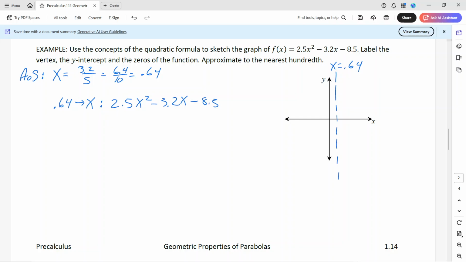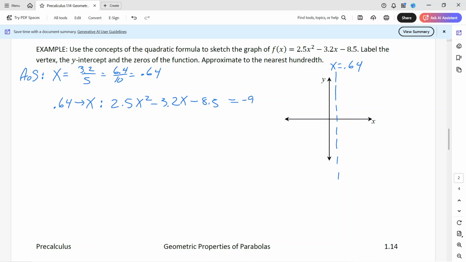And then out would pop a number. So I'm doing that right now. I'm storing the 0.64 as my x value. And then I'm typing the original equation, 2.5 x squared minus 3.2x minus 8.5. And when I tap enter, I get